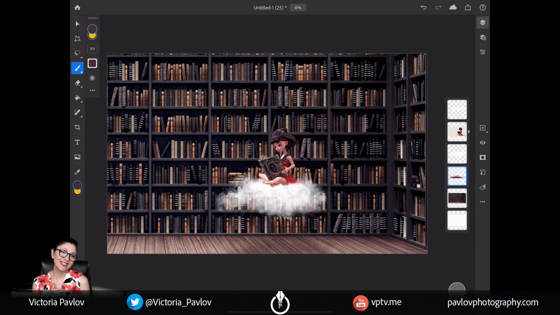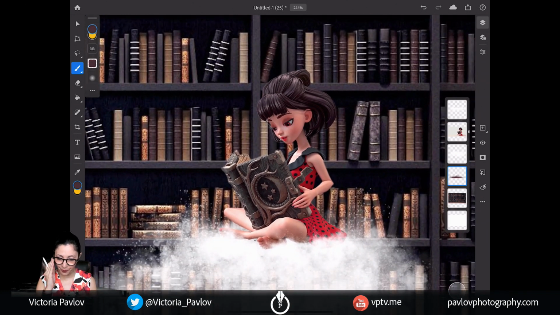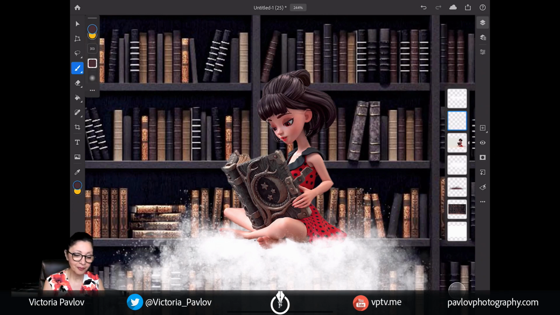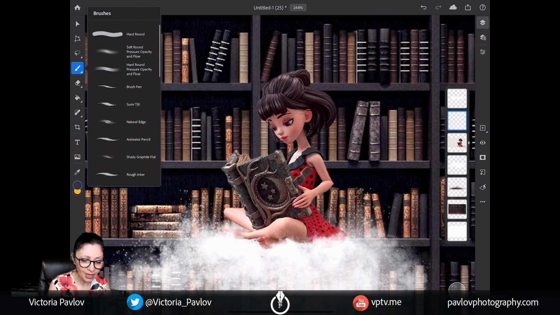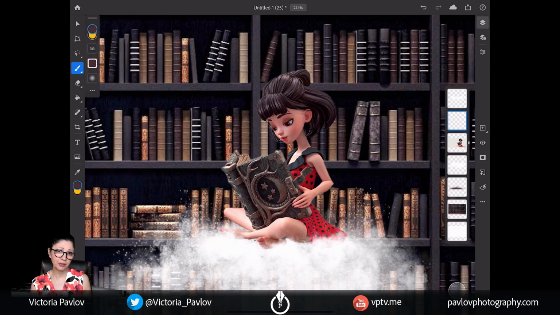Now let's talk art. I will add a little bit more art splashes to my composition. I will zoom in my document for better preview. I will highlight this little girl layer. I will create a new empty layer on top of it. I will switch to a soft, round, pressure, opacity, and flow brush, just like that. You can use any soft edges brush you are more comfortable with, this brush is from the family of default brushes in Adobe